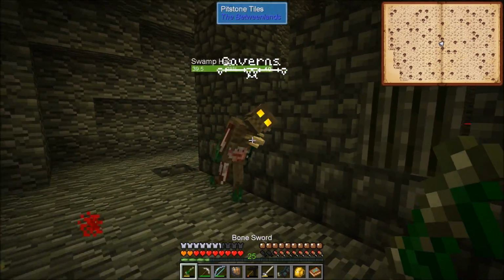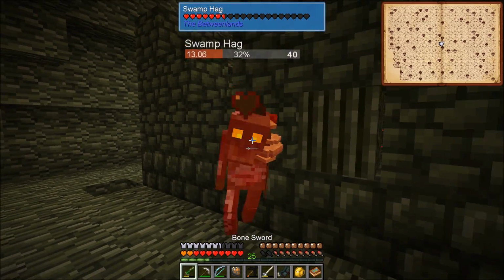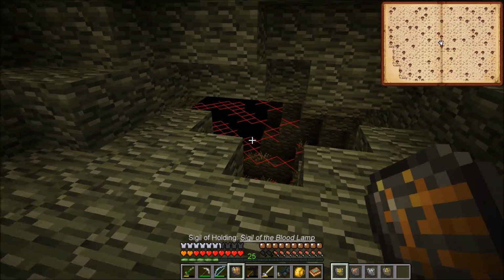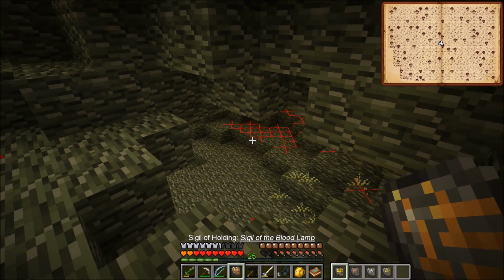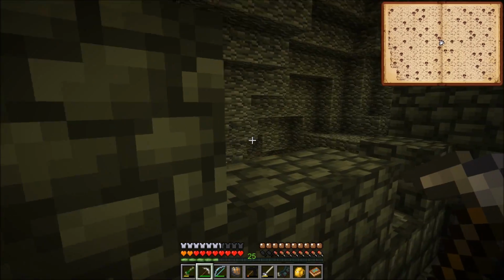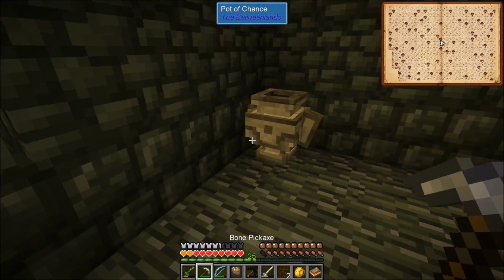Oh, there you are. So these are really easy to deal with when they're by themselves. Like when there's not a horde of them chasing you, they're not too bad. Yeah, I don't know why I brought those torches, though. Okay, this one we have 2 pots of chance. I hear a hag somewhere, though. So...